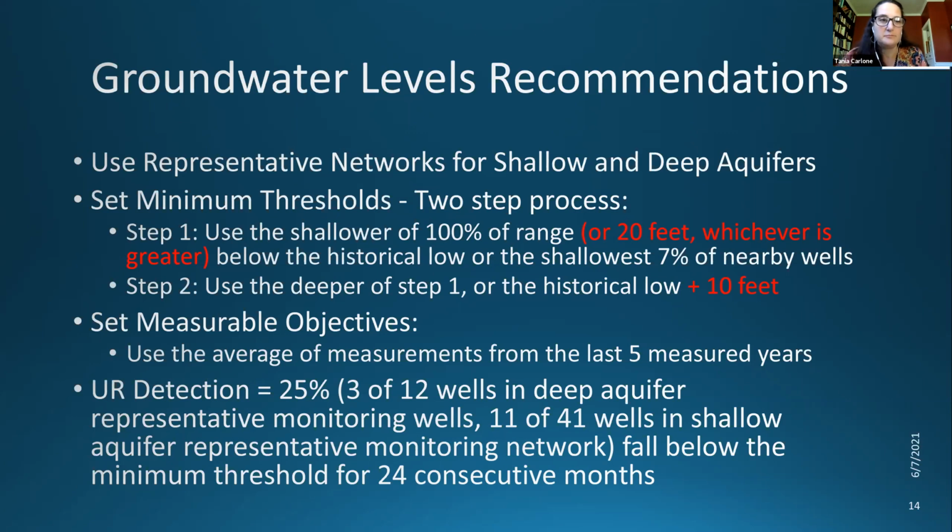Great. Awesome. Yeah, thank you for all the wonderful feedback. I think these are really good revisions, and I would just like to say thank you because getting groundwater levels nailed down, the recommendation, is a huge step. So thank you everyone for all your great questions and input. This is excellent. I'm really glad we can move forward.